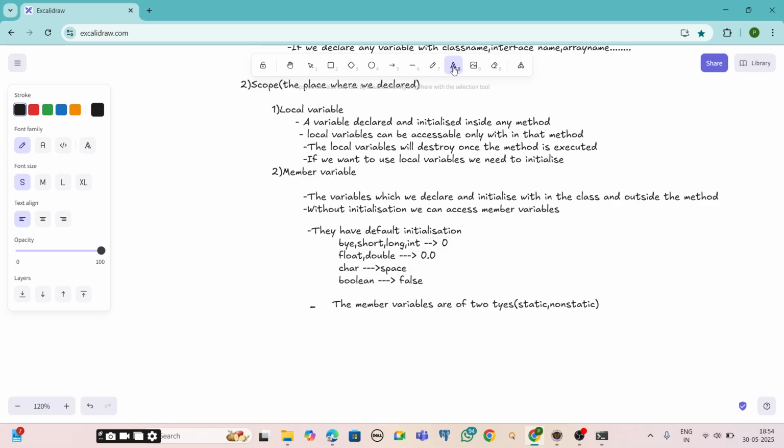Member variables we can access anywhere, but the access differs. If it is a static member variable, we access it with the class name. If it is a non-static member variable, we access it by creating the object. This is the difference between member variable and local variable.